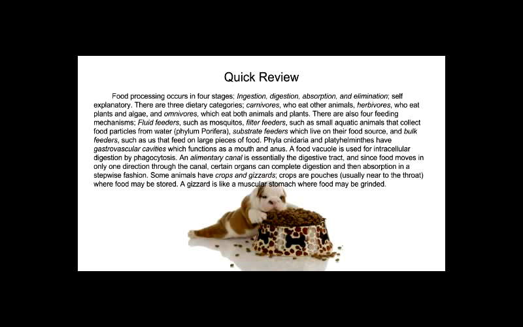besides human digestion. So there are three dietary categories: carnivores who only eat other animals, herbivores who eat plants and algae, and omnivores which eat both plants and animals. There are four feeding mechanisms. These are just how organisms take up their food: fluid feeders, such as mosquitoes, who drink blood; filter feeders, such as small aquatic animals that collect food particles, such as the phylum of Porifera, which are basically just sponges; substrate